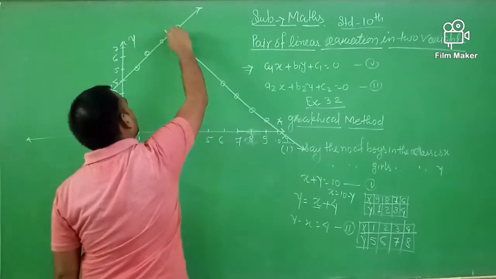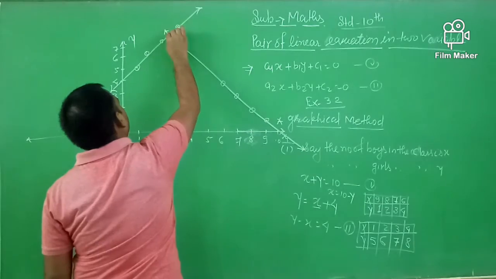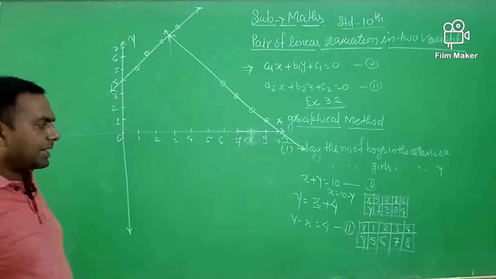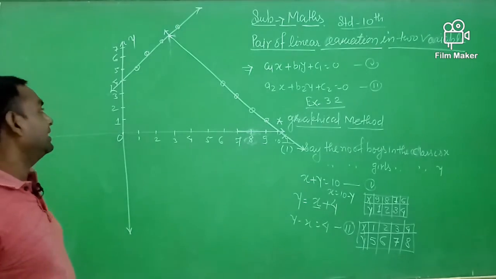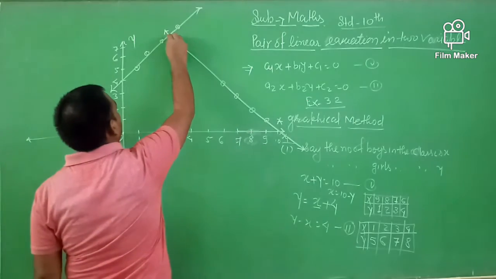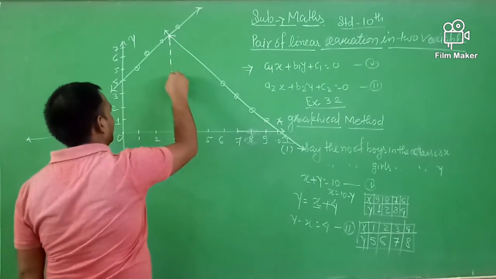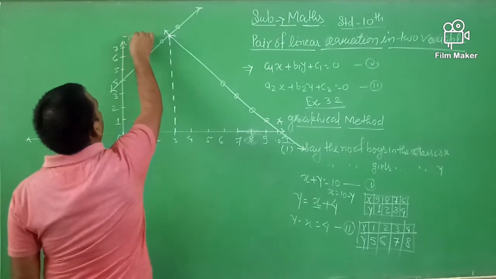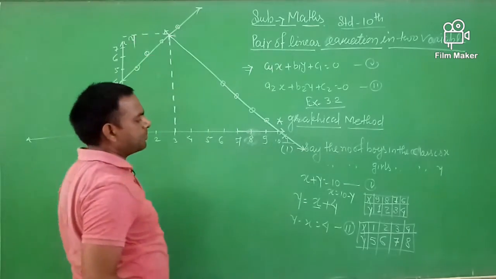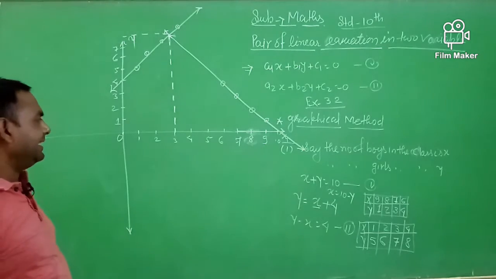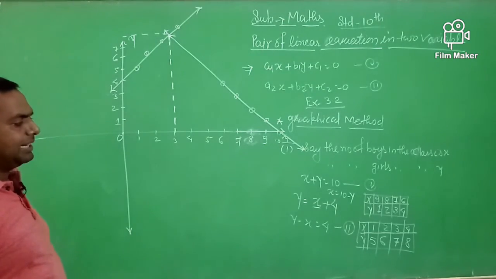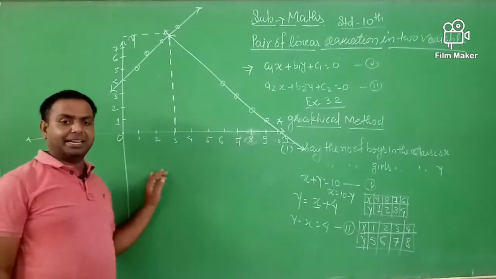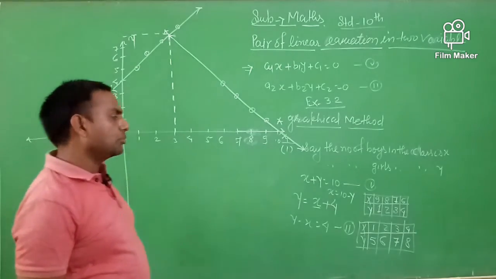Here you can see both lines intersecting each other. At that situation, you can find the solution of the equations, here you can draw on the x-axis and y-axis in both conditions. Okay. Then you can see the value of x is approximately 8 and the value of y is approximately 9, so this is the solution of that equation.